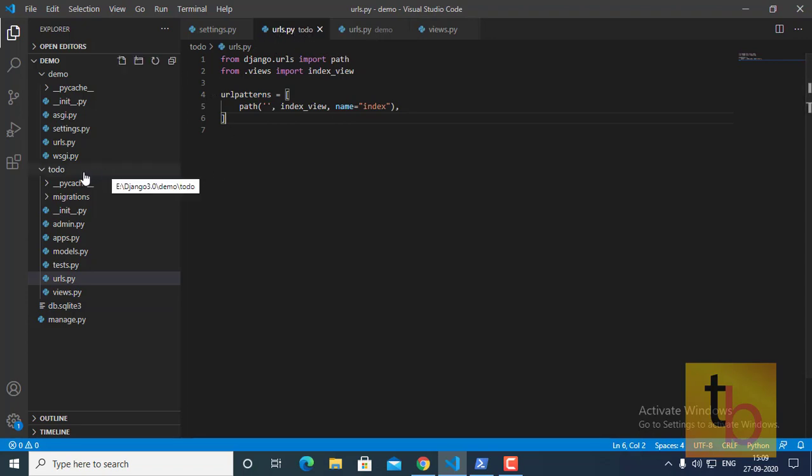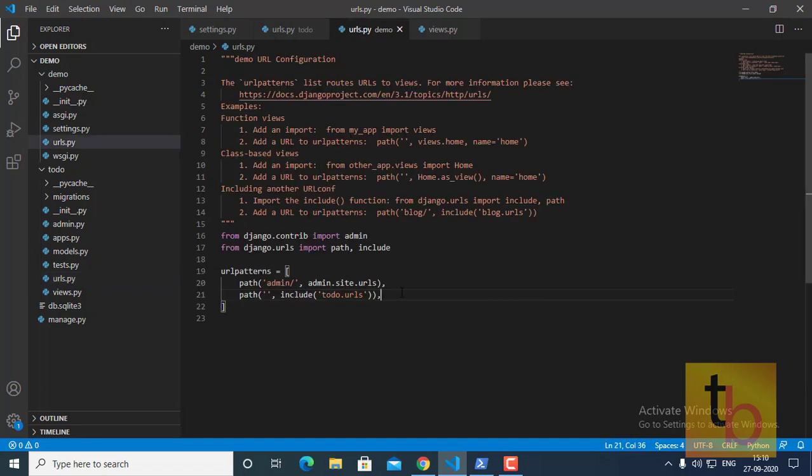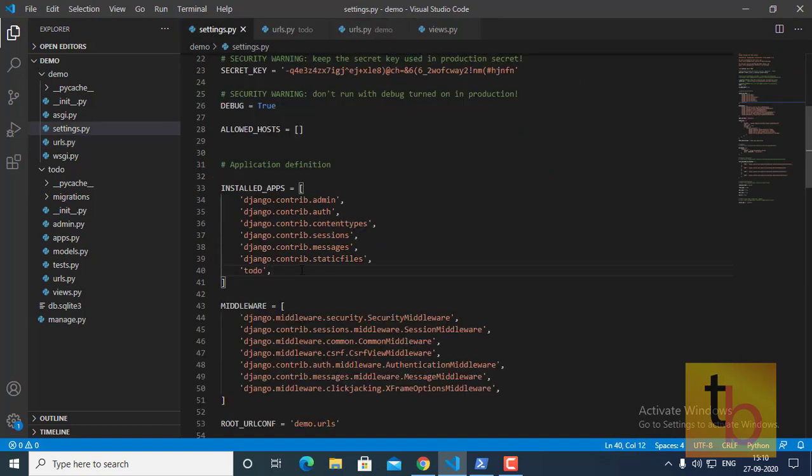Whenever you create a Django app, you will not get any urls.py file, so you need to create that and register it into your root app. Our root app is demo, which is basically your main project. I have included this to-do.urls over here so I can access it from my browser, and inside of the settings.py file I have registered my app, which is named to-do, into the installed apps list.